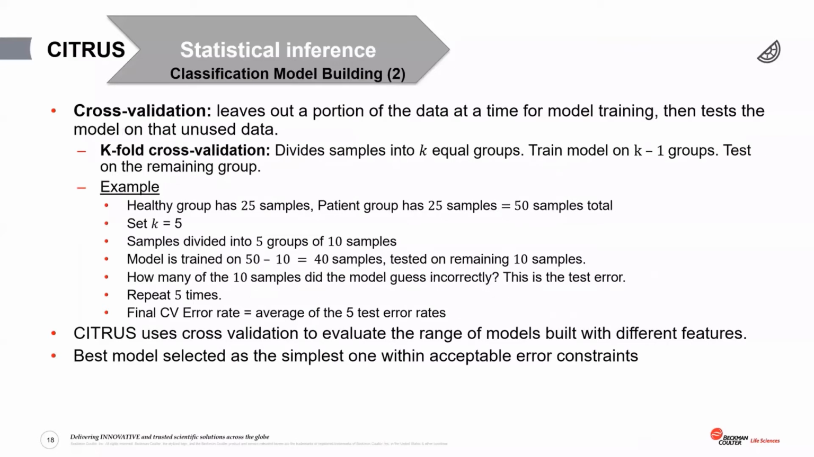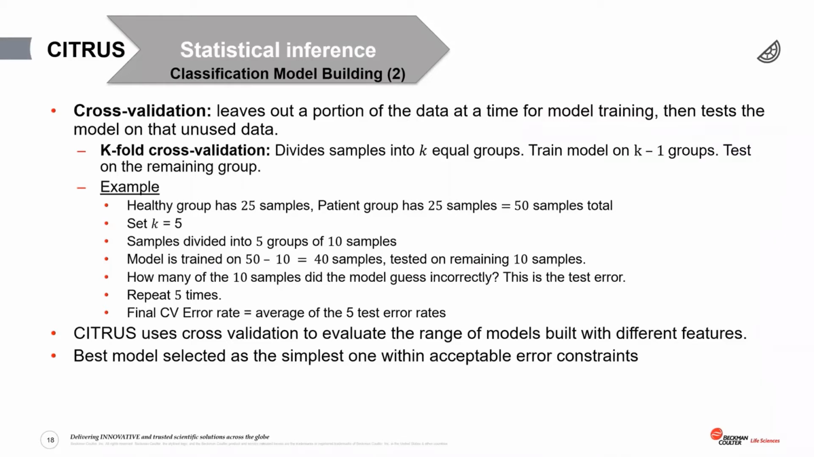Cross-validation is another strategy used by PAM and LASSO in citrus to prevent overfitting. In cross-validation, a portion of the data is omitted for model training or building, then the model is tested on that left-out data. Specifically, citrus uses k-fold cross-validation, which is important to understand for knowing how to set up your citrus run. Your samples will be divided into k equal groups, where you have to decide how many groups or folds